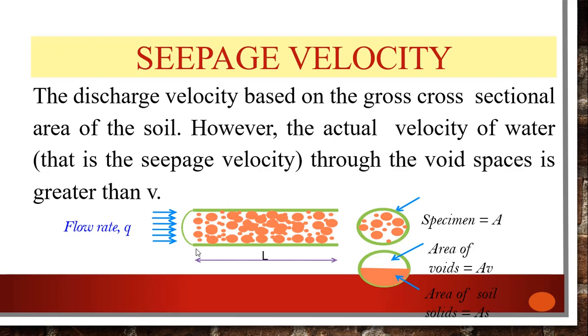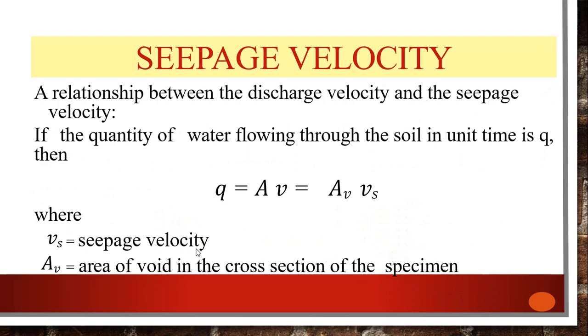Seepage velocity. The discharge velocity is based on the gross sectional area of the soil. However, the actual velocity of the water, that is the seepage velocity through the void spaces, is greater than V. So a relation between the discharge velocity and the seepage velocity: if the quantity of water flowing through the soil in unit time is Q, then the equation will be written as Q is equal to capital A into V,